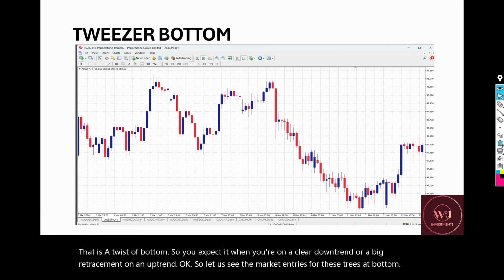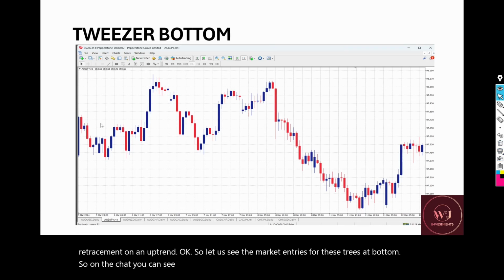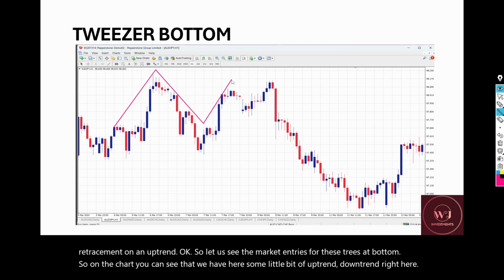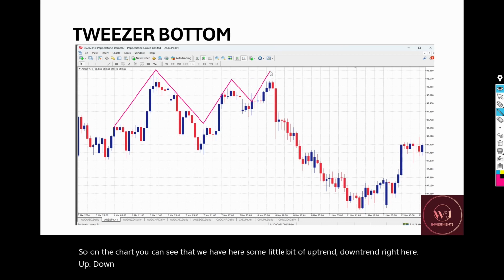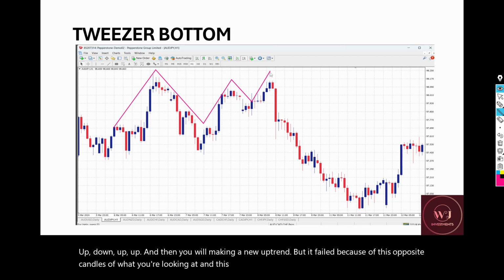So on the chart, you can see that we have here some little bit of uptrend, downtrend, right here, up, down, up, up. And then here we're making a new uptrend, but it failed because of these opposite candles of what you're looking at, and this is the Tweezer top. So here after getting this downtrend,